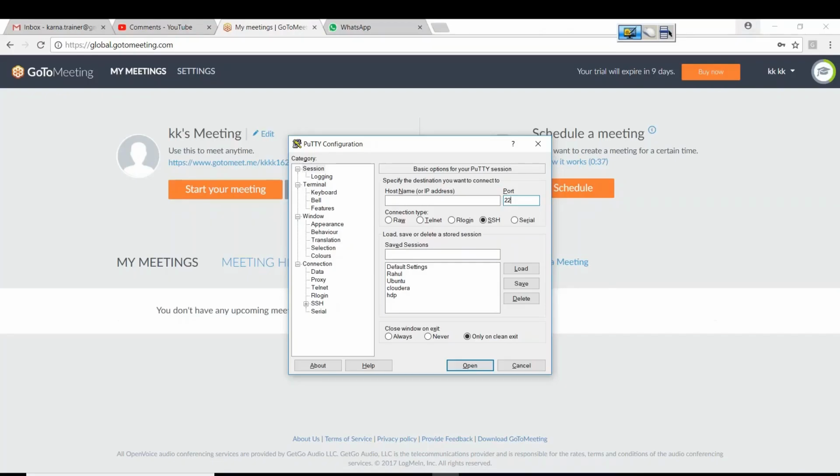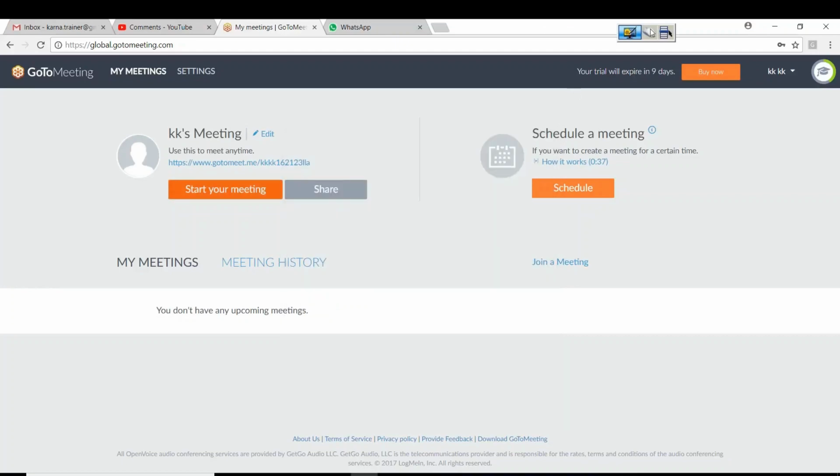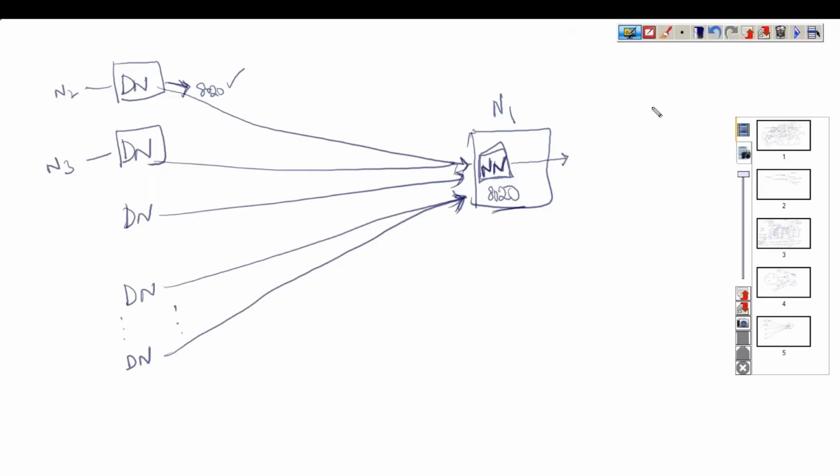Let me give some clarity on this. For the name node, the HTTP port number is 50070, and the RPC port number is 8020, and some people use 9000.